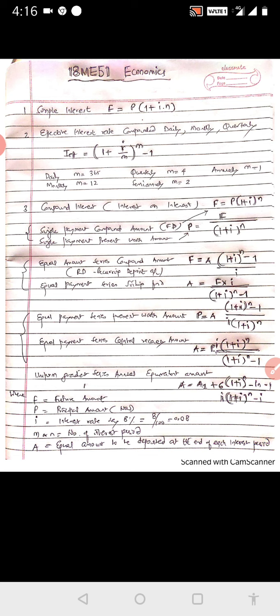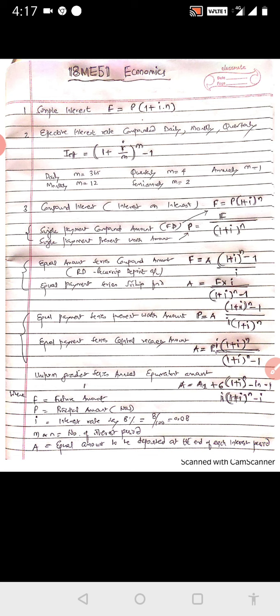Now there is one more account called a recurring deposit account. I think you might have seen it in post offices and banks, where every month when we get some salary, say I deposit 1000 rupees, for 10 years. So every month I deposit 1000 rupees for 10 years. This is a series amount. The amount is equal, but it is a series. So equal payment series compound amount. Compound means after the 10 years, what will be the amount I am going to get from whatever I am investing.